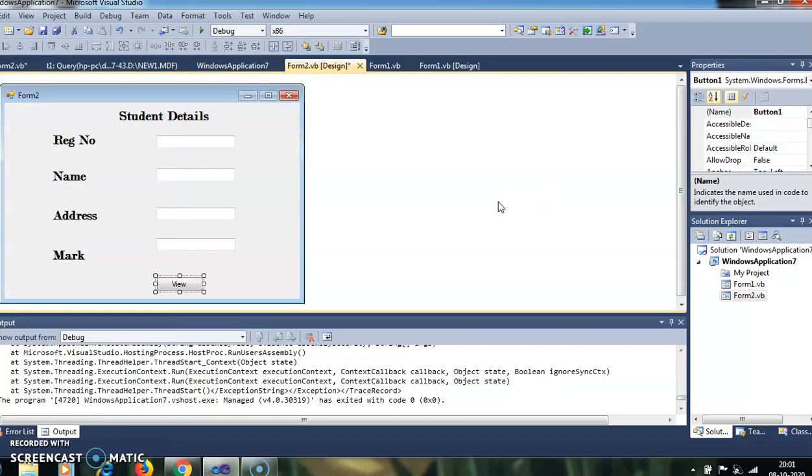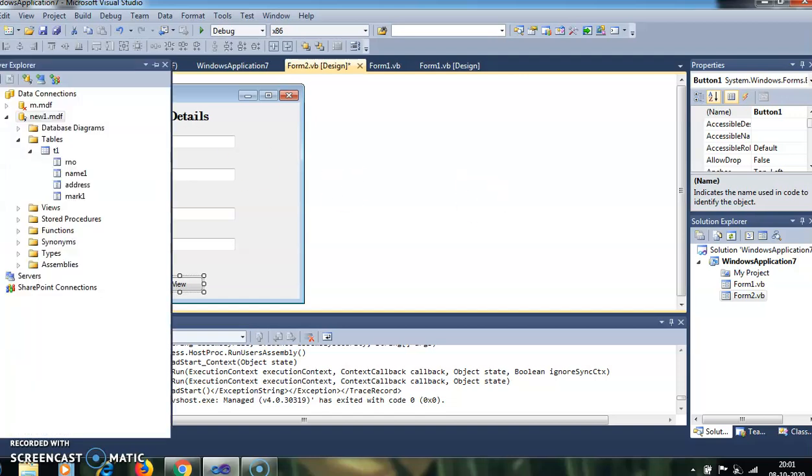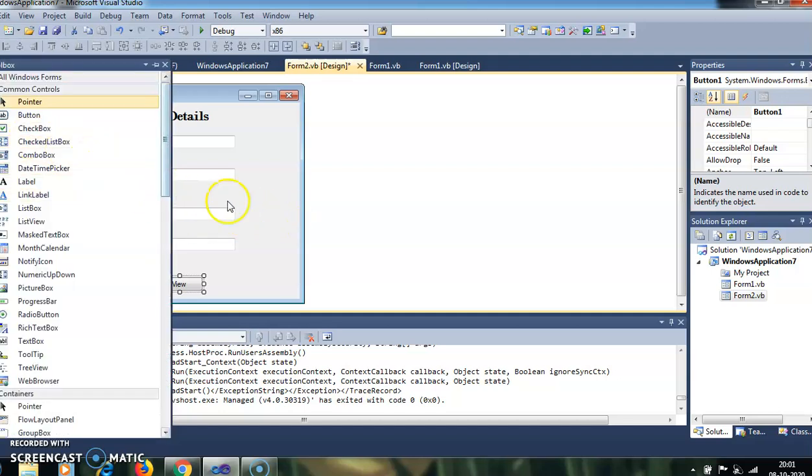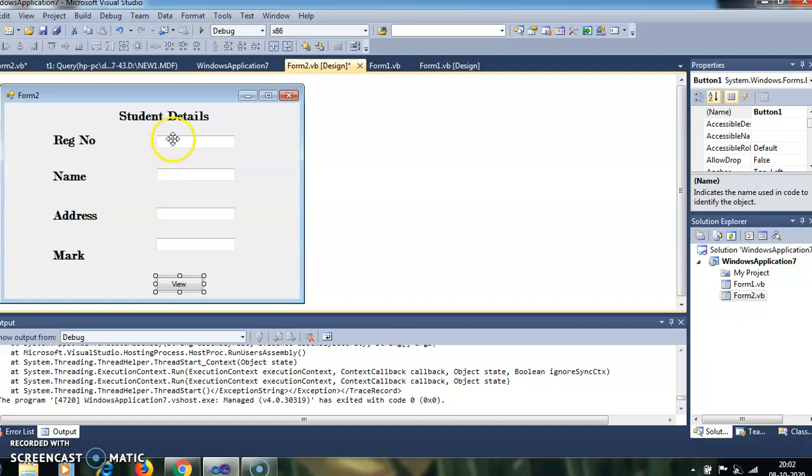Friends, in this video we will discuss how to connect to a SQL database and retrieve data from it. Before going to that, I'll explain what I'm going to do. I'm going to connect the database U1, which contains only one table, T1, with four fields: roll number, name, address and mark. My purpose is just to read the record from the database and display it